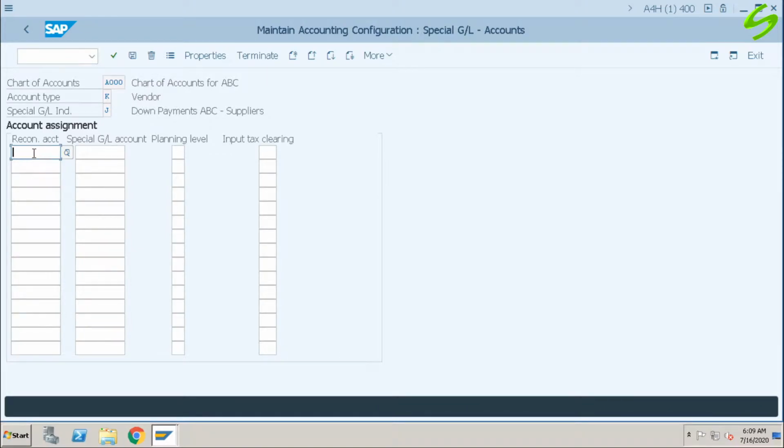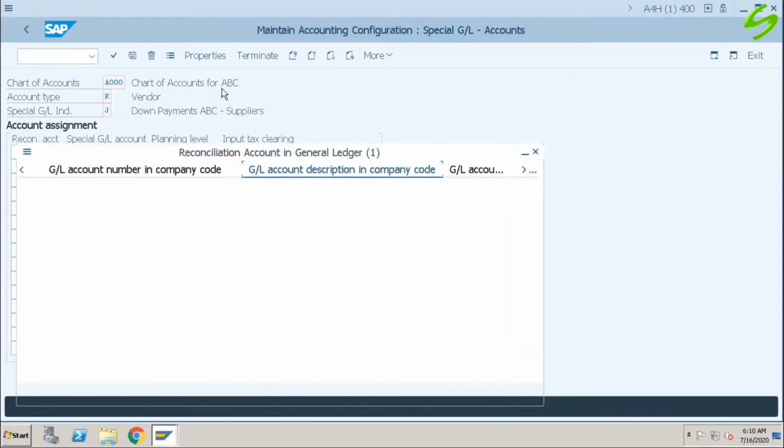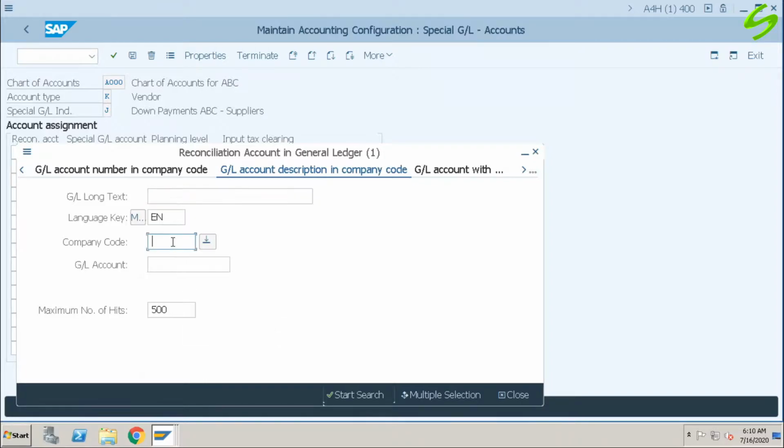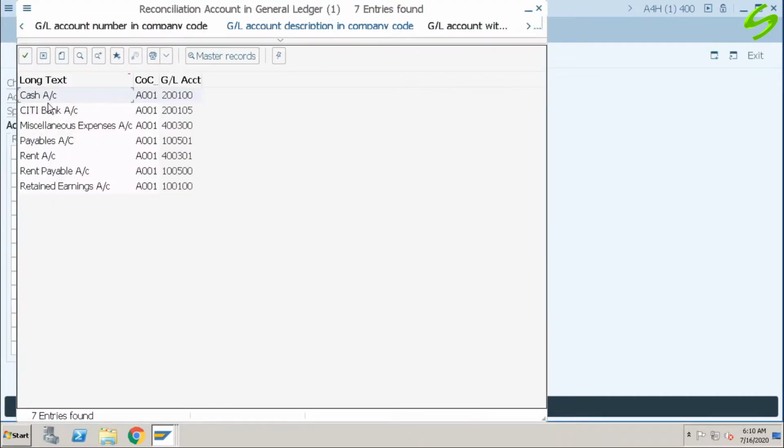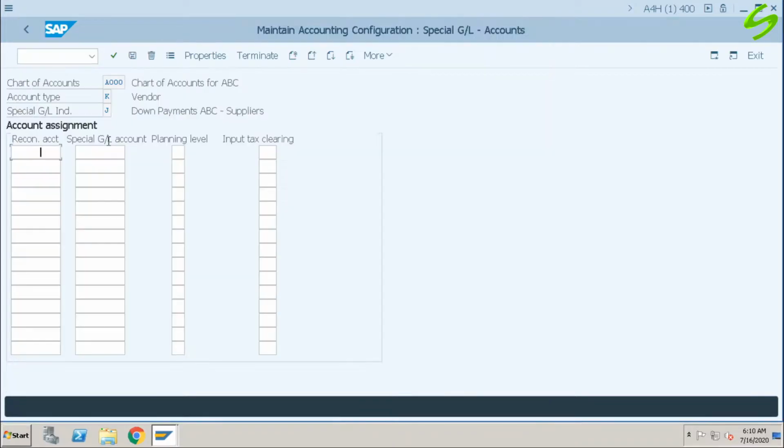Here we link the reconciliation account, which is the normal reconciliation account that we assign in the vendor master, to the special general ledger account for the special general ledger indicator J. Our reconciliation account is payables 100501.